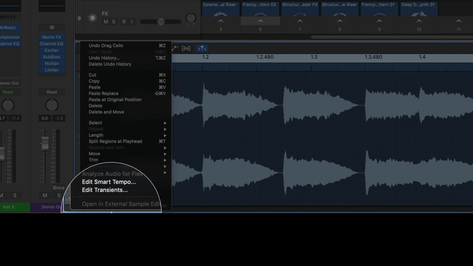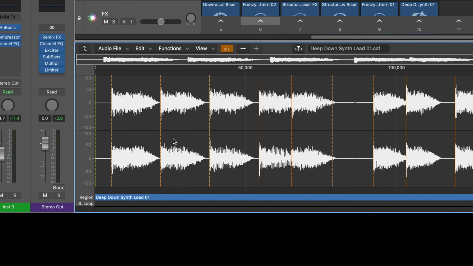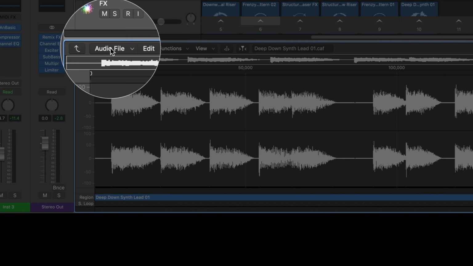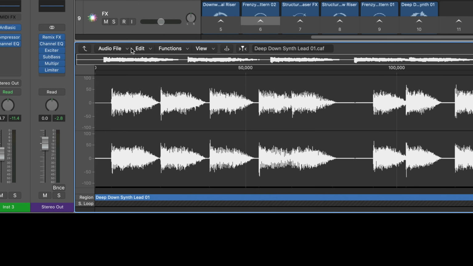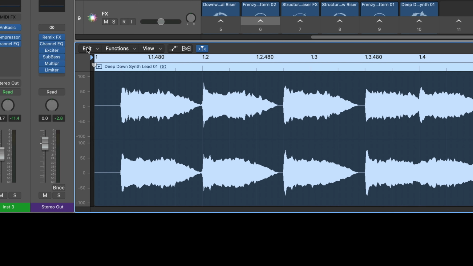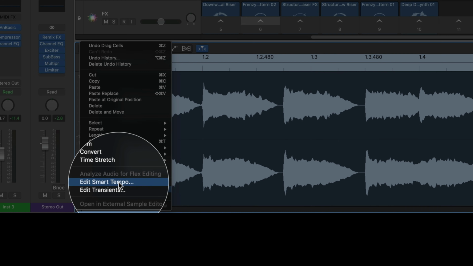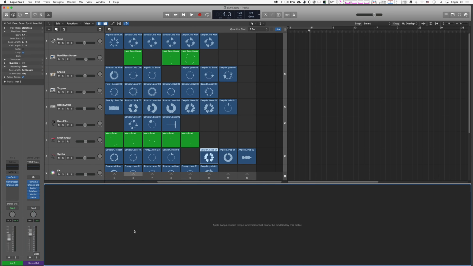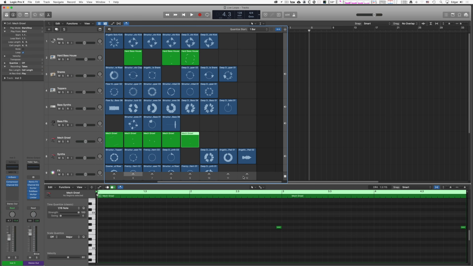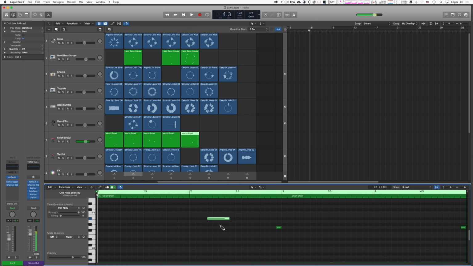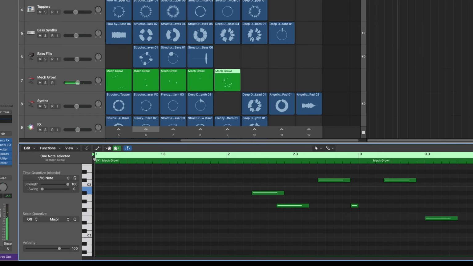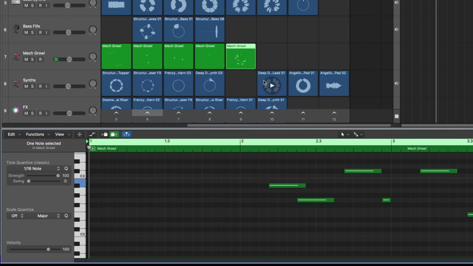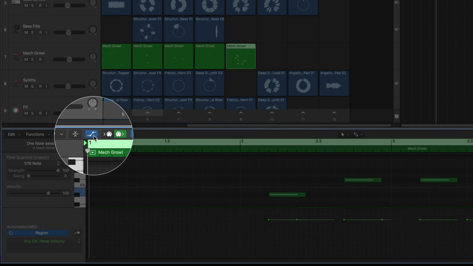Yes, you can, because it is hidden down there, and you can set the transient, you can set all that. And here you have your full audio file editor, and not even that. You can also go into Smart Tempo Editor, which right now you cannot do because it's an Apple loop. So you have the whole editing feature, so you can select that, go into the piano roll editor, and here you can edit that specific cell. You can add additional cells to it, or look at that, you can add